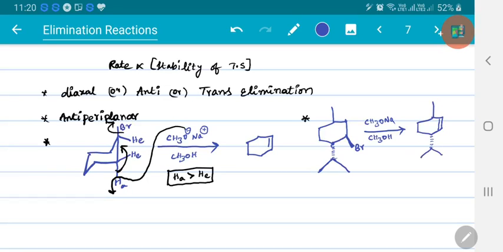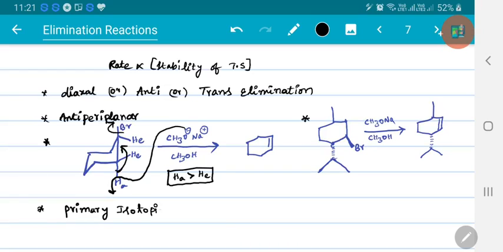So this is the major product. So we need to observe all such conditions, anti-periplanar conditions, whether the base is a bulky base or not. Now here, as abstraction of hydrogen is involved in the rate determining step, definitely we call it a primary isotopic effect. Whereas in E1 elimination reactions, abstraction of hydrogen is not the rate determining step, but here it is. So primary isotopic effect is observed.